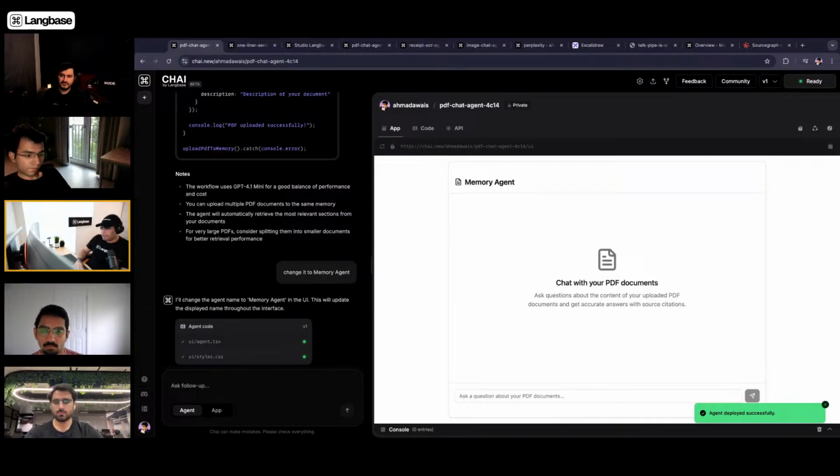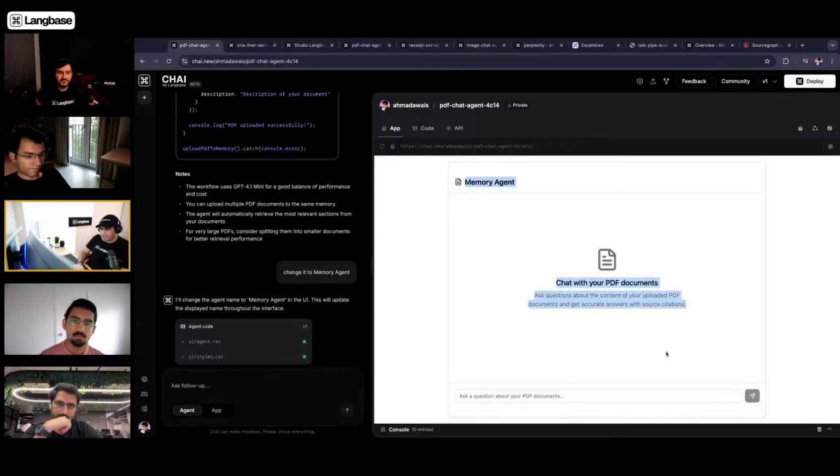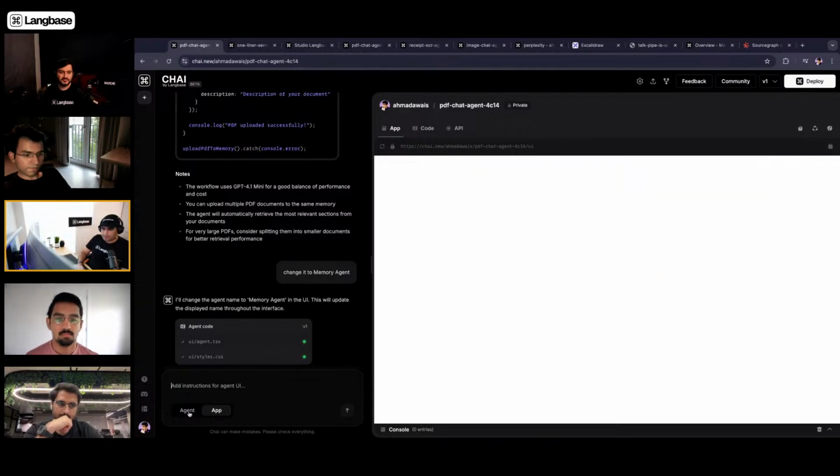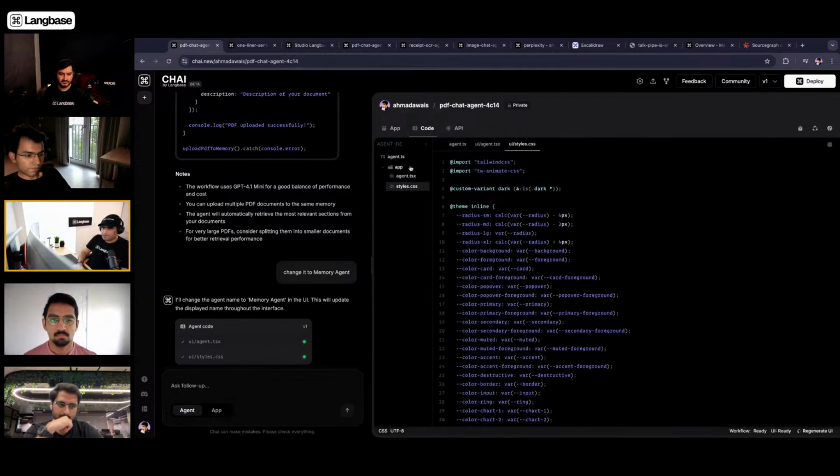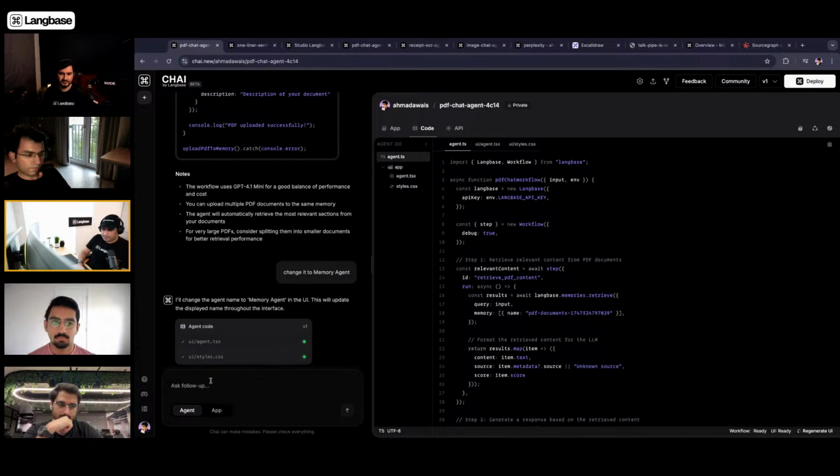There you go. Memory agent, right? That is how simple this is. So you can change what this app looks like in the app mode, and you can change your agent's behavior in the agent mode. And if you change the agent, your app is automatically going to be changed, right? If you start asking for more information, the app needs to also